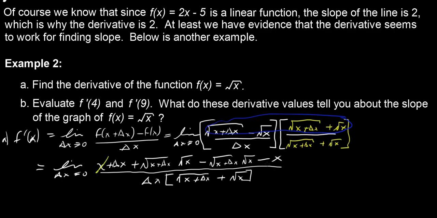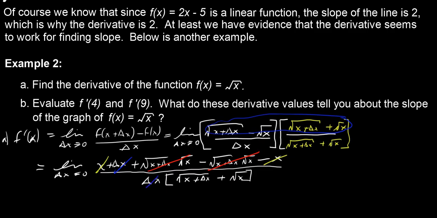I have x, and then I have minus x. And then I also have the product of those two square roots, root x plus delta x times root x. So those cancel out as well. And then finally, the only thing left in the numerator right now is delta x, which is a common factor with delta x in the denominator. So when I cancel those out,